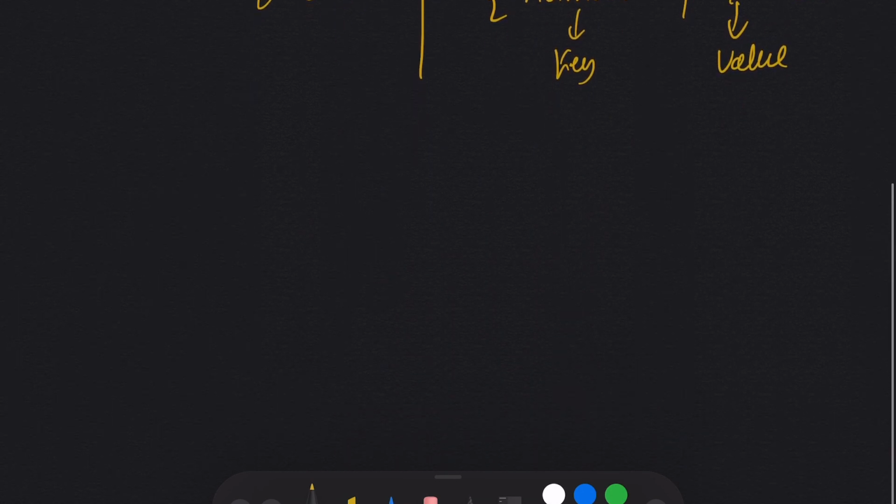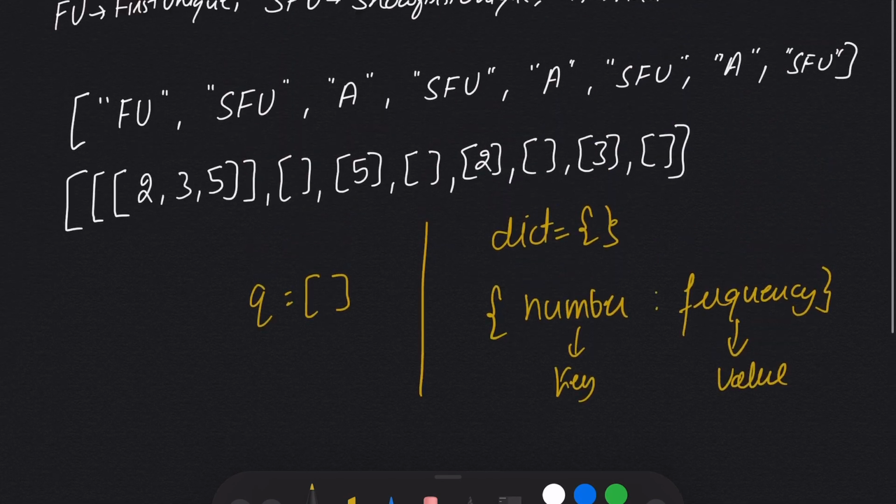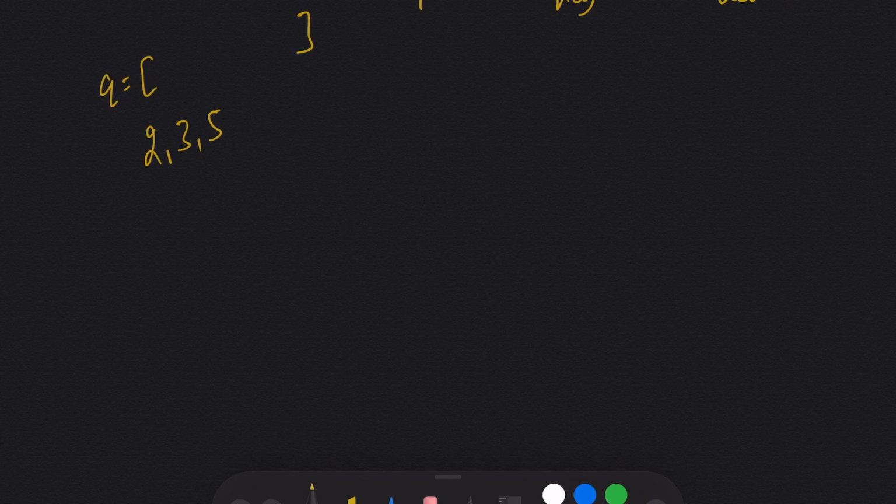So what I will simply do, suppose we are given 2, 3, 5, and we have a queue which is empty and I need to add these numbers to our queue, and I have a dictionary which is empty for now.